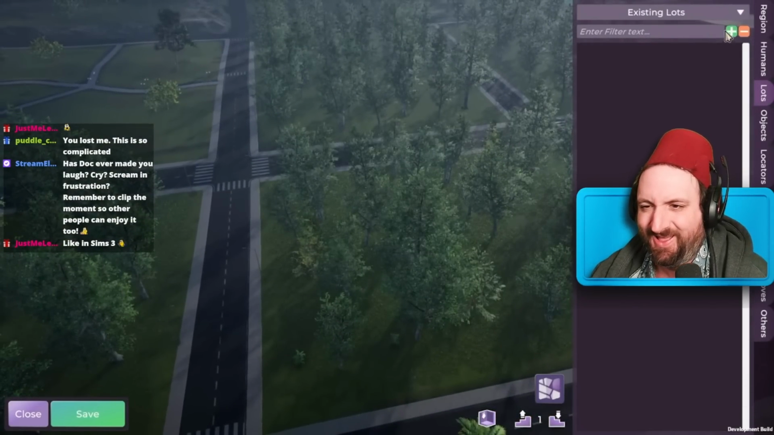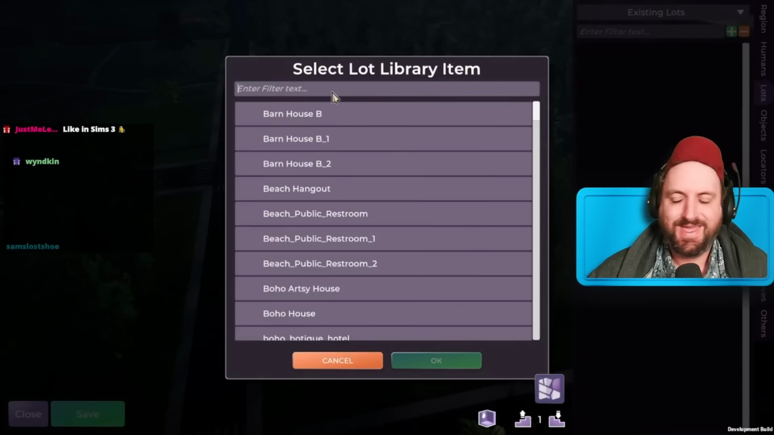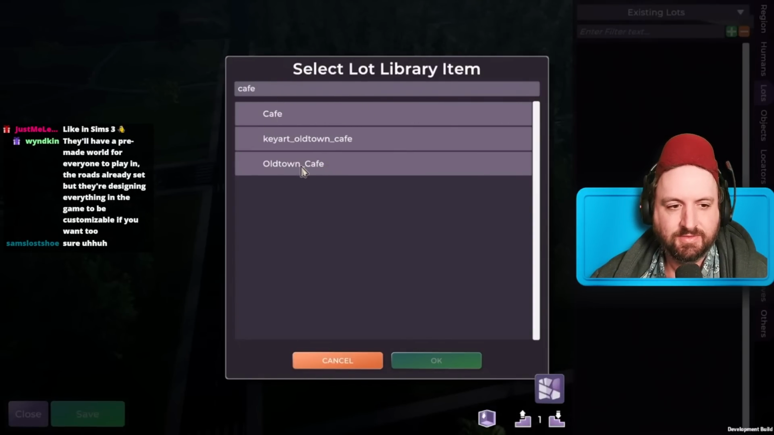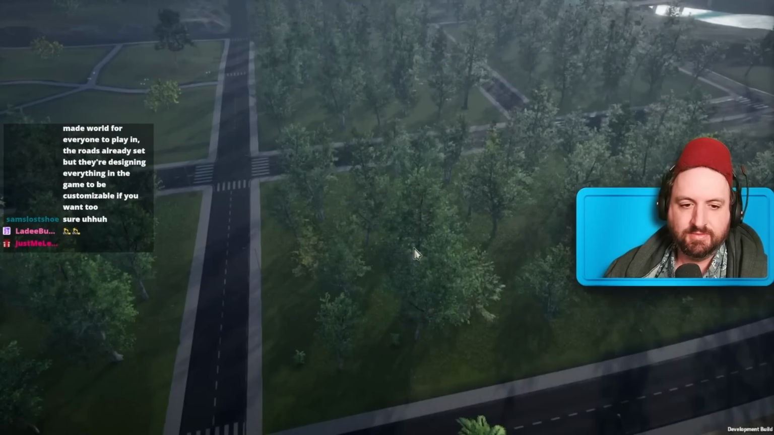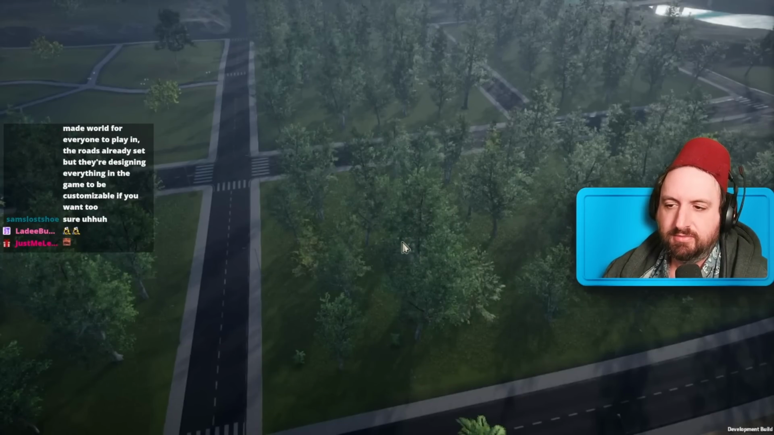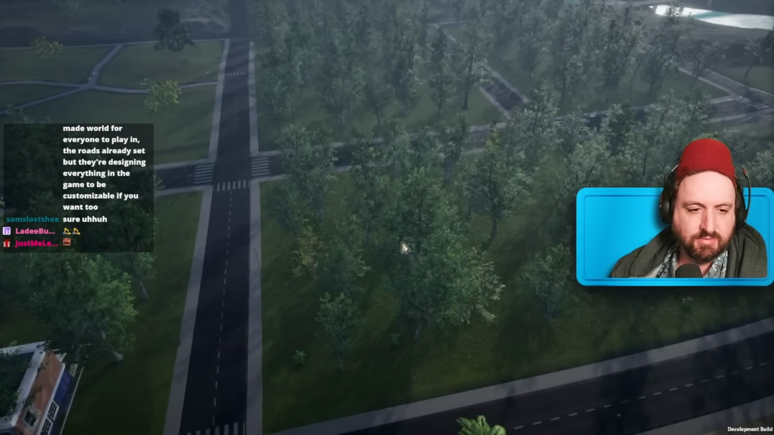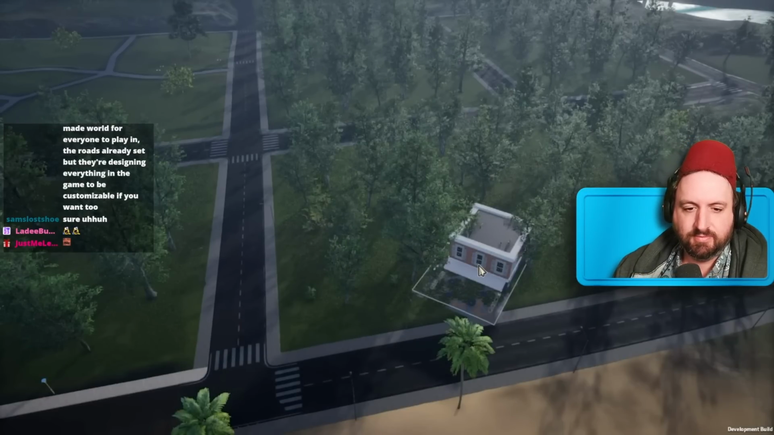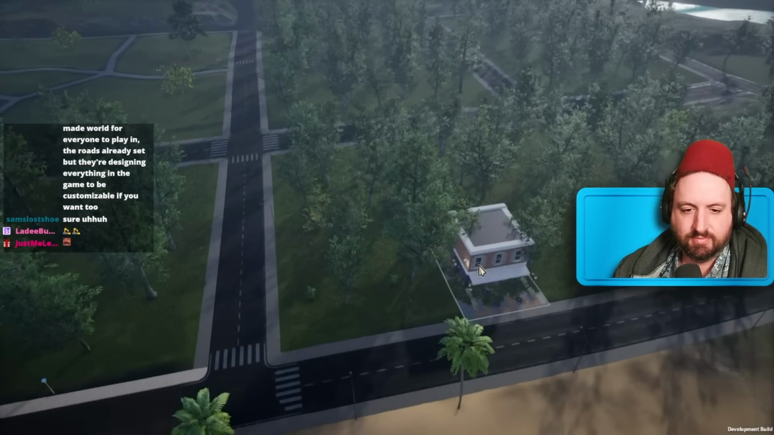Plus at the top right of the screen. We can search for any lot we want. I was thinking I'd add a cafe because you will need to think about needs satisfiers. So your characters need somewhere to go get some food. Especially if you have NPCs or townsfolk in your town, they'll also need somewhere to use the bathroom, to have fun, to socialize, all that good stuff. So you want to make sure you have